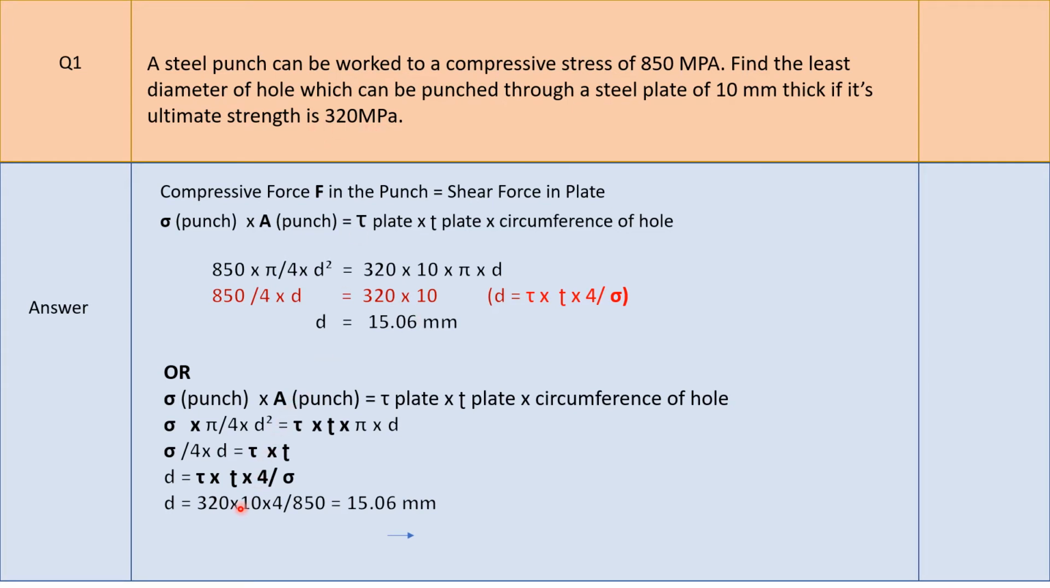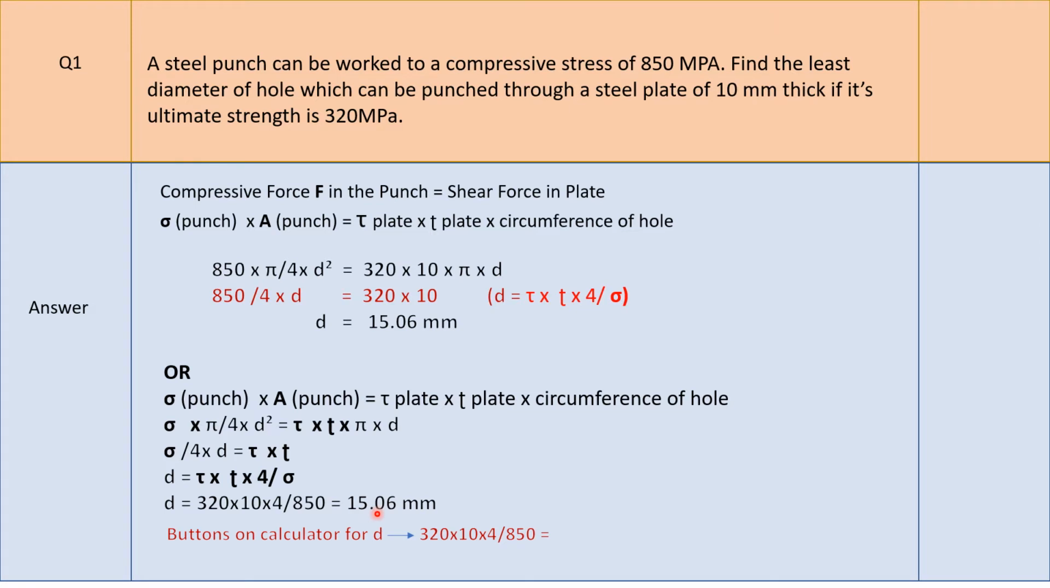So tau is 320, thickness of the plate is 10 into 4, and the compressive stress sigma is 850. So 320 into 10 into 4 divided by 850. We can use this formula directly, substitute the values, and you get the answer. The buttons to be pressed on the calculator: 320 into 10 into 4 divided by 850, it will give you the answer